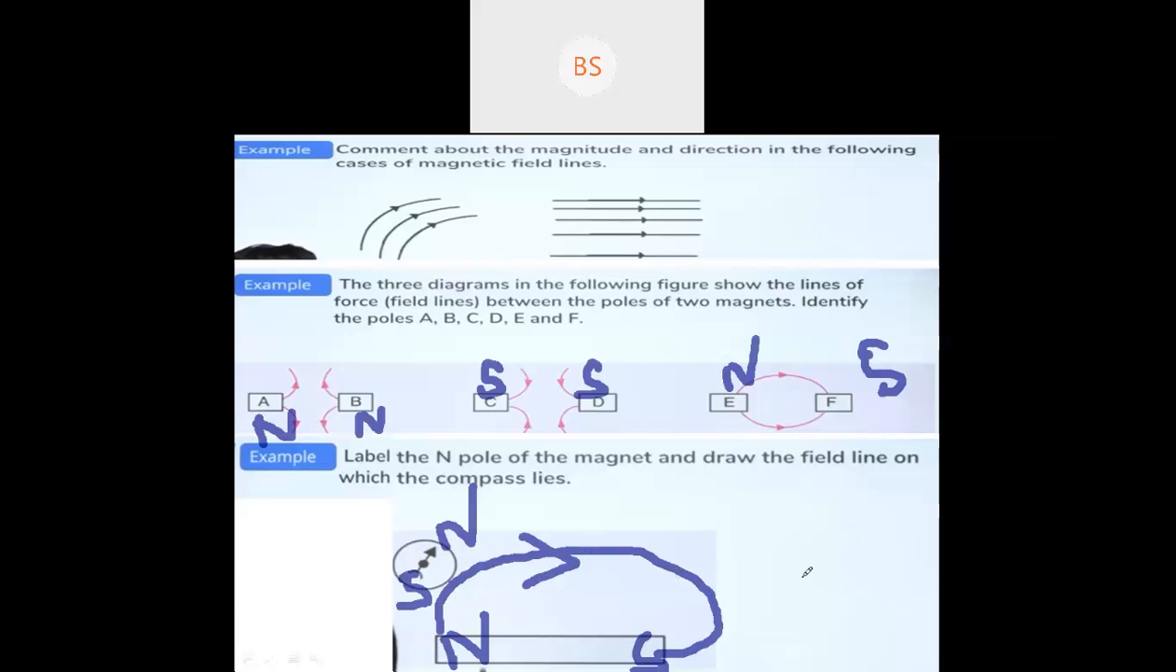The name of the lesson is electromagnetism. Is the question clear to you all? Okay, the next question is,